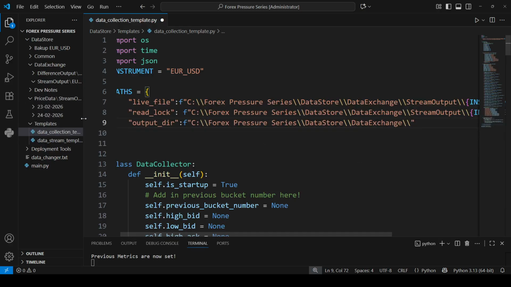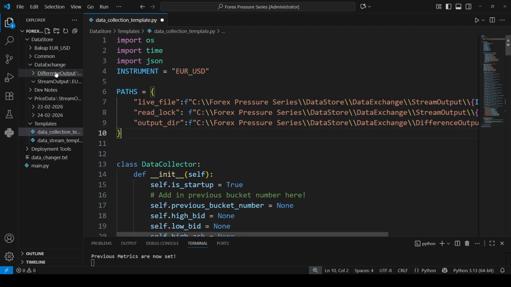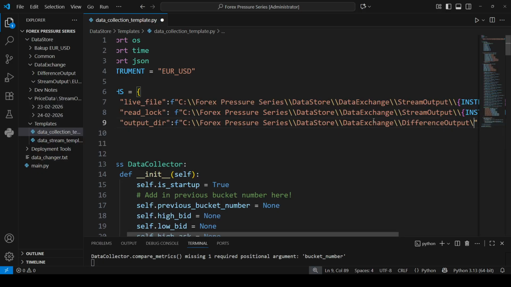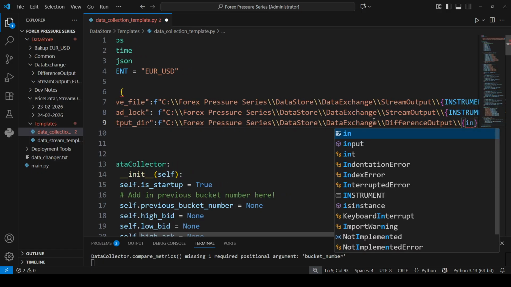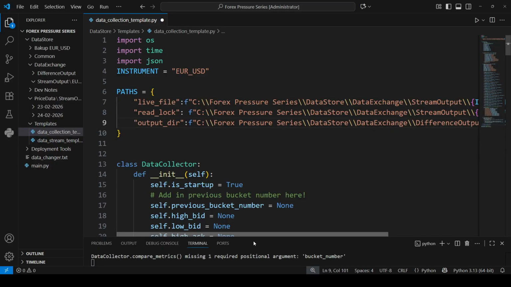So we're data exchange, and we called it difference output. Output, and we want the instrument on the end of the,